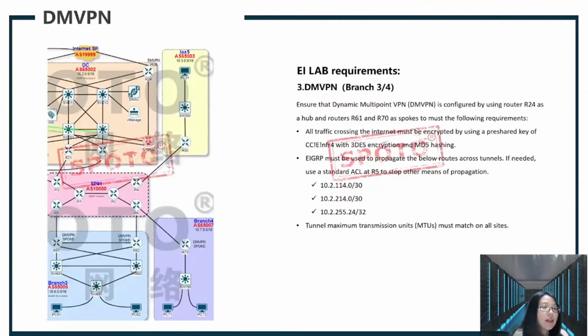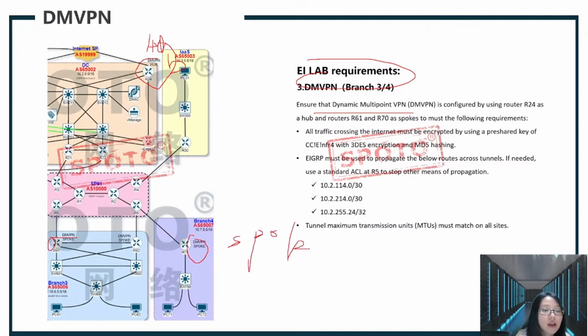Okay, so let's see the next part about DMVPN. We should ensure that DMVPN is configured by using router 24. Router 24 is a hub, and router 61 and router 70 are spokes. To meet the requirement, all traffic crossing the internet must be encrypted by using a pre-shared key with this encryption and